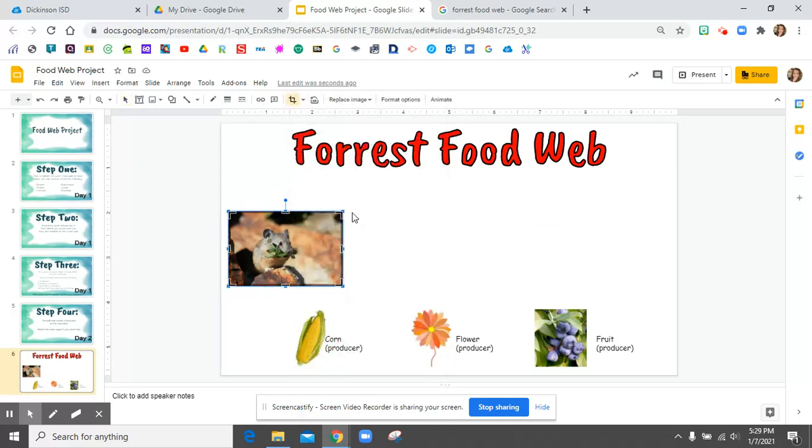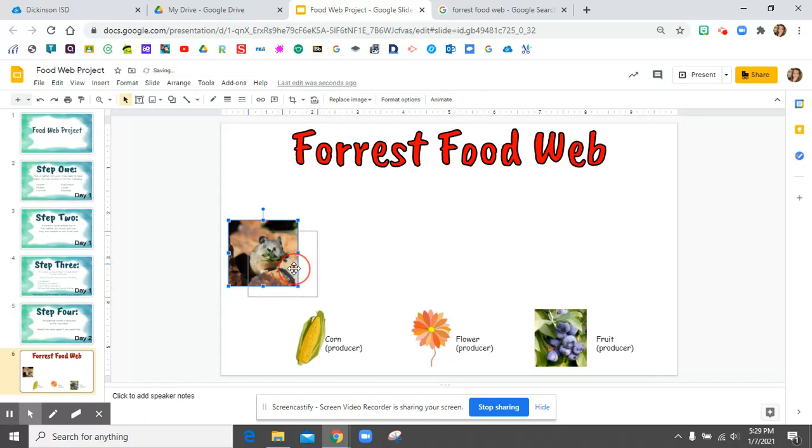And then now you see how there's blue and then there's black. You want to get the black one and you just move it. And you see how now that's grayed out? When I click off of that, it goes away. So now I've cropped this image and now it's a picture of the mouse, just the mouse without the extra